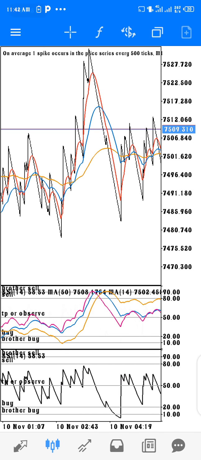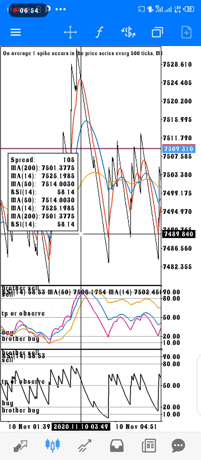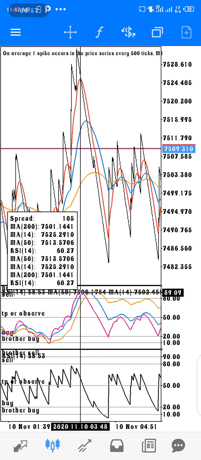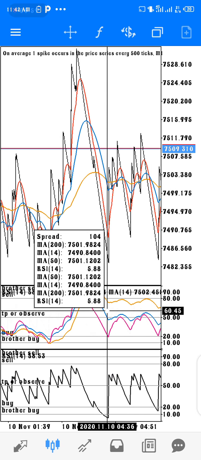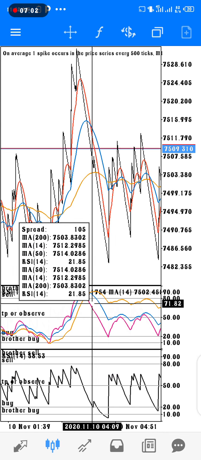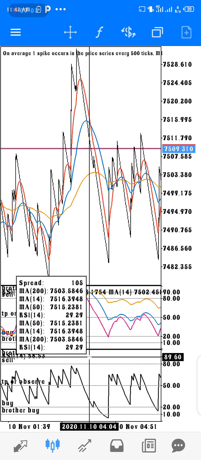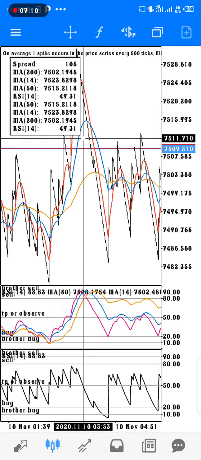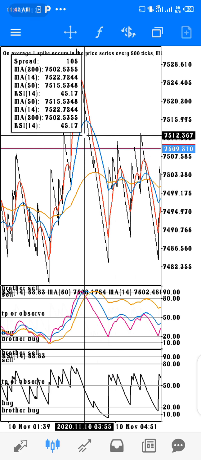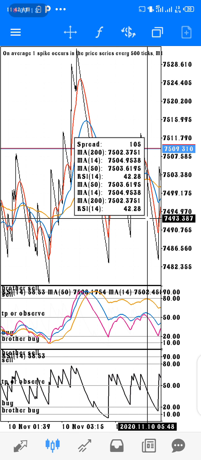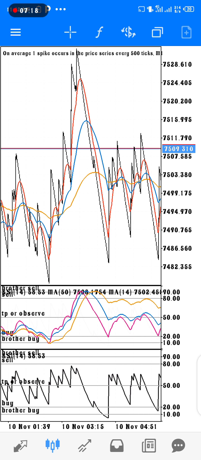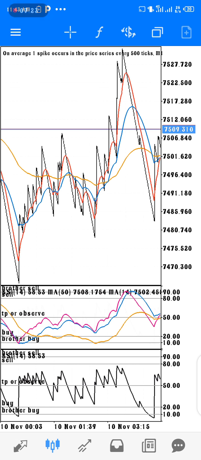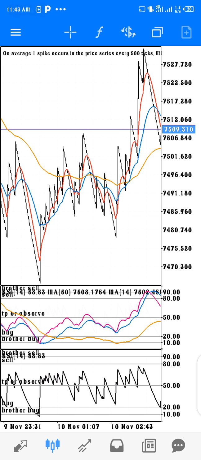Hope you understand me. Now, when you see them in this zone, and you see the RSI also is near this zone, and a crossover happens, you enter a sell. That's for boom and crash. Once there's a crossover, you enter a sell. You take 5 candles and you leave.